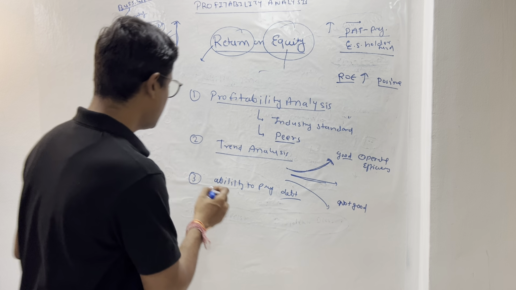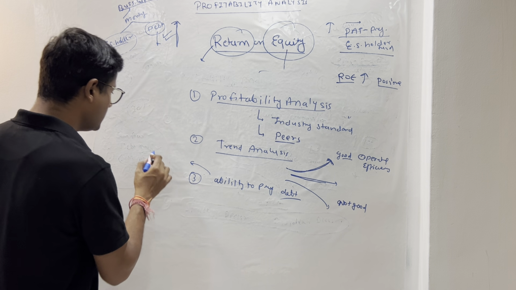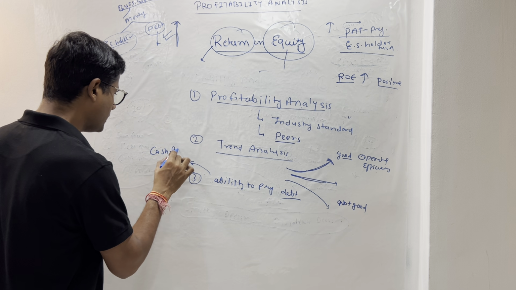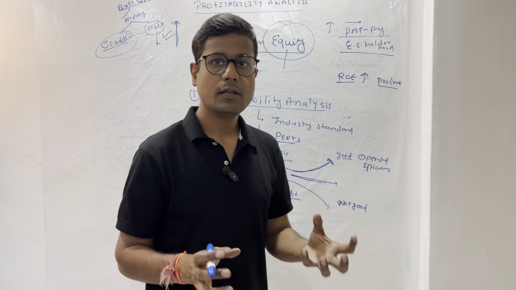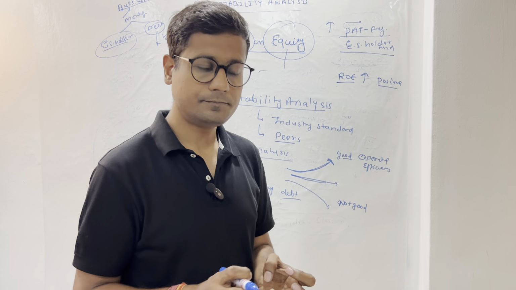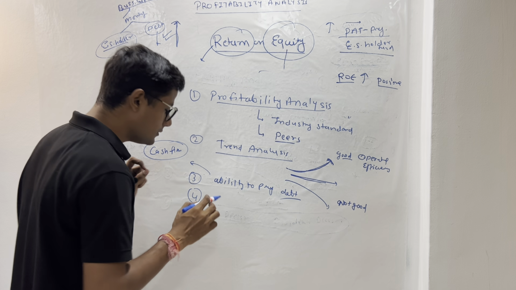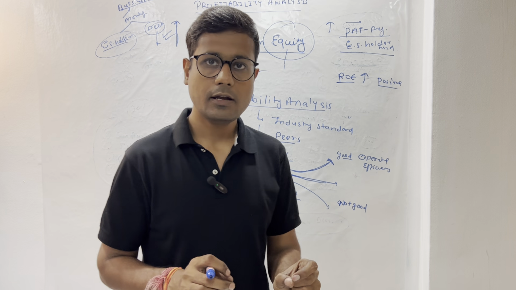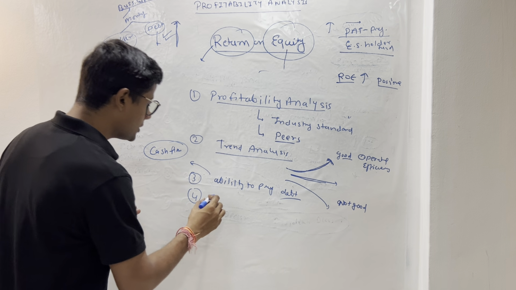But again, while analyzing this or taking a call on this, you need to understand the cash flow of the company. If the cash flow is good, then yes, from ROE you can identify that the company has a good ability to pay the debt. And fourth, an important point, and this is very very important if you are a financial analyst, this ROE helps you to take strategic decisions,